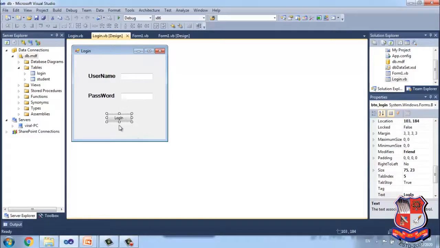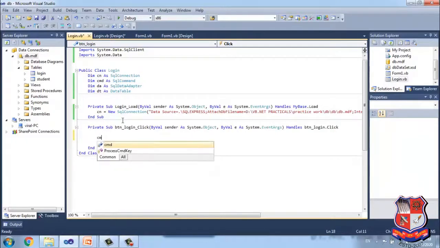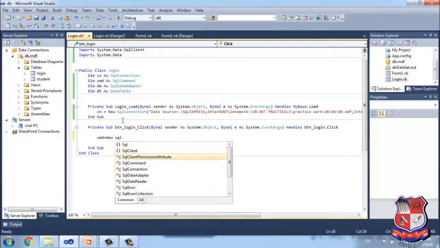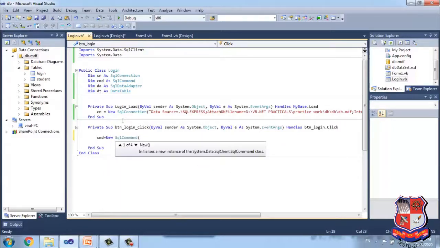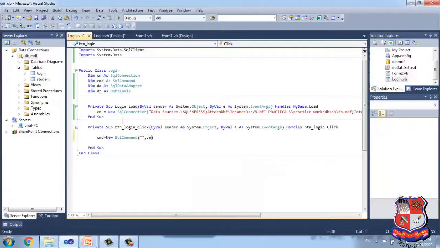Here, what we are going to do is, when the user enters a username and password, check whether the username or password is right or wrong. I first declare and initialize the command. The second step is cmd equals new SqlCommand, initialized with its connection.